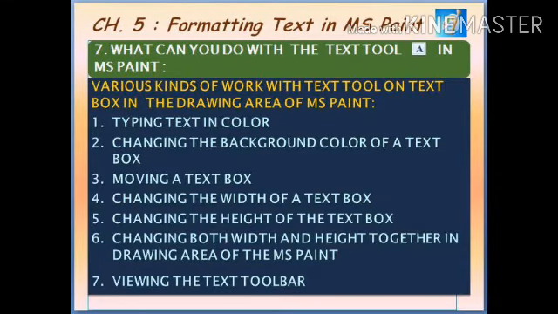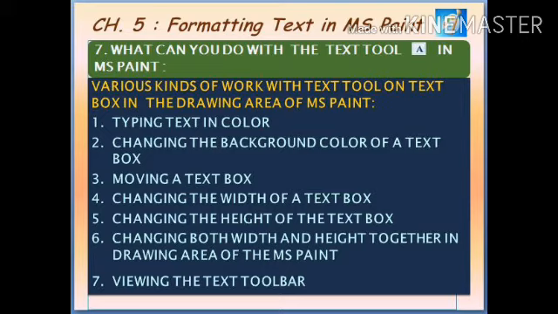Move to the next topic. What can you do with the text tool in MS Paint? You can do various kinds of work with text tool on text box in the drawing area of MS Paint. Number 1. Typing text in color. Number 2. Changing the background color of a text box.